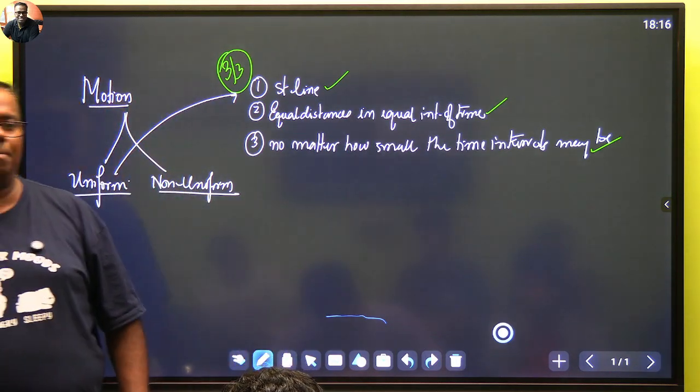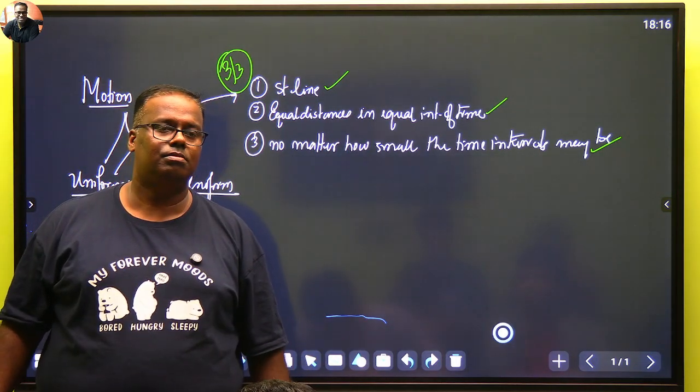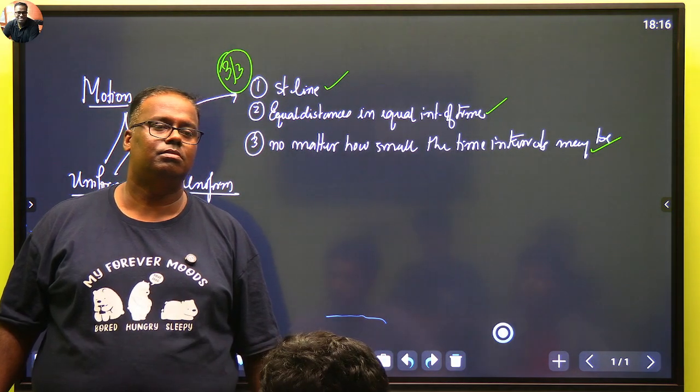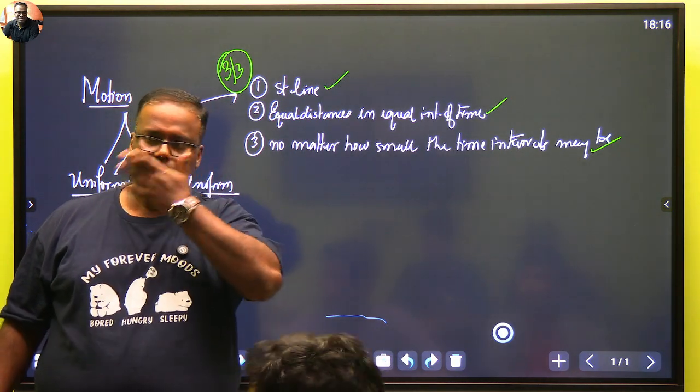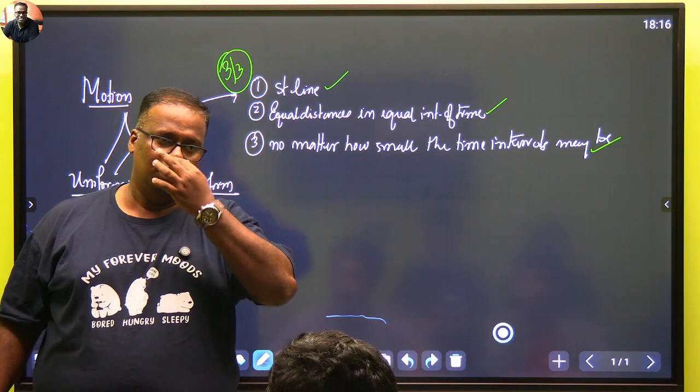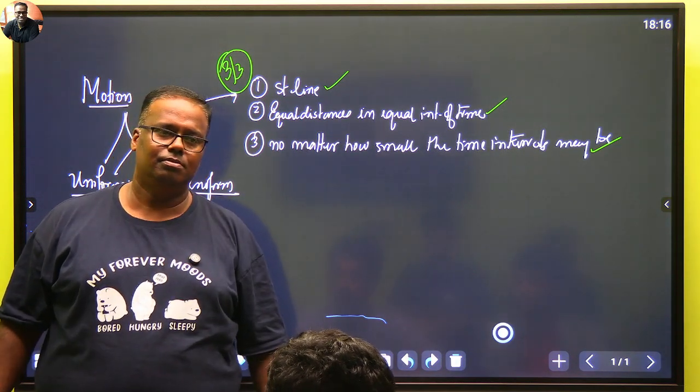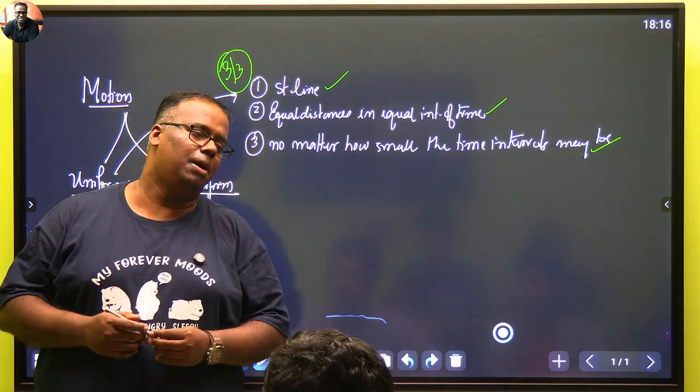A body moves in a straight line and covers equal distances in unequal intervals of time, unequal in equal, and unequal distances in unequal intervals. So much equality, right? अब कर लीजिए, अभी आपका क्या करेंगे आप।